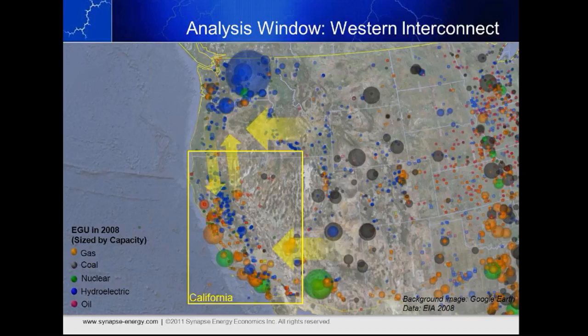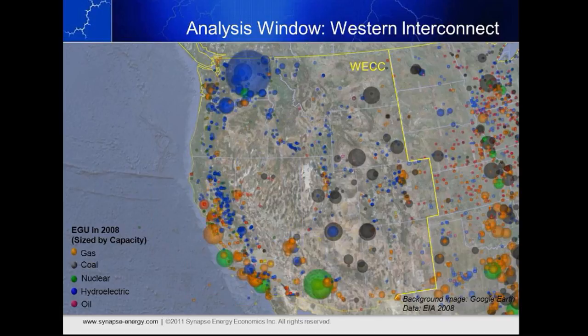And there are significant amounts of generation that flow from the Intermountain West into California and into the West itself. And so instead, we might want to use a slightly larger window that incorporates the entirety of the Western region. For this particular analysis, we'll be using the entirety of the Western Interconnect, which incorporates the Northwest, Intermountain West, and generally 11 states, including California, even if we are just looking for the benefits that might accrue within Southern California alone.